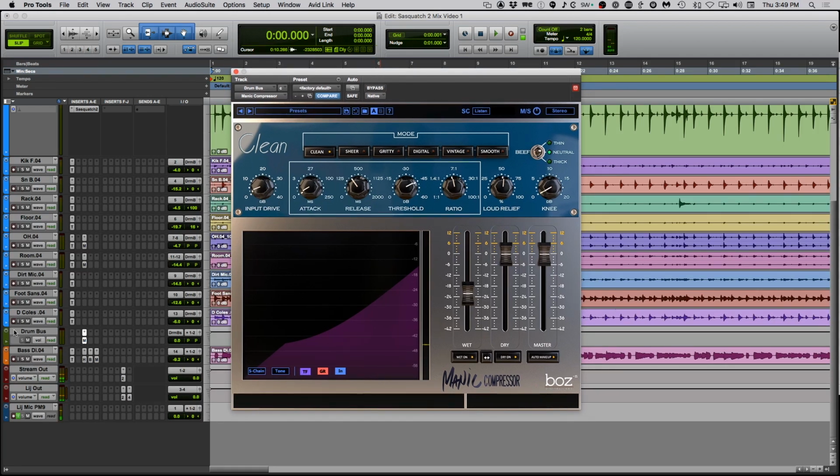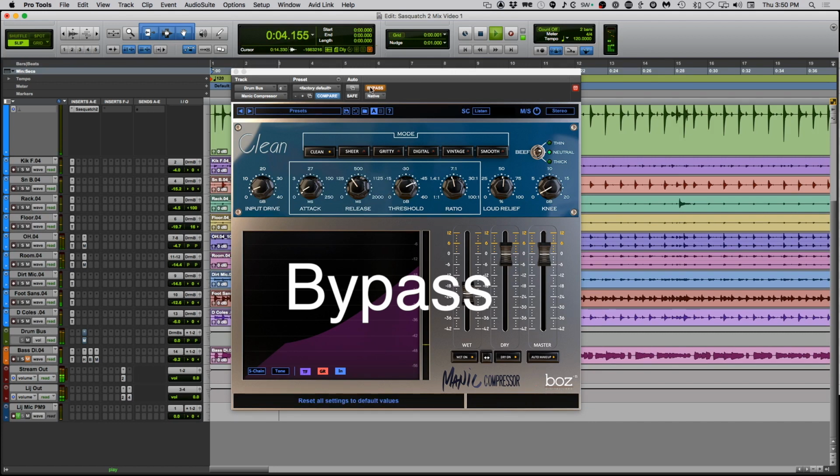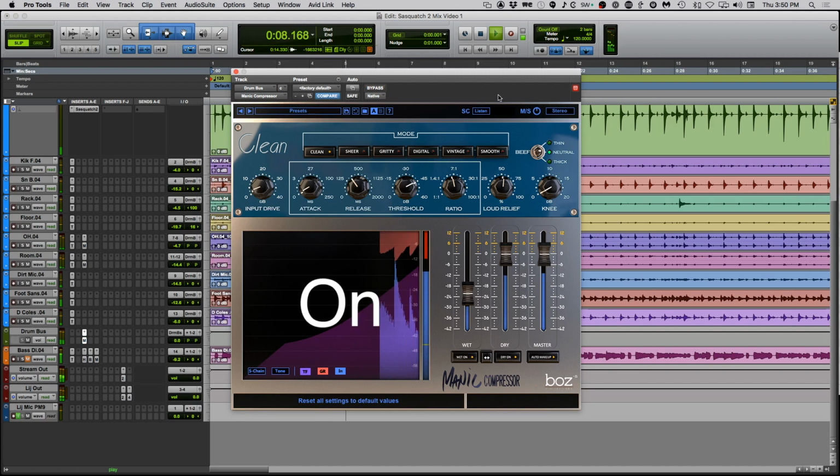All right, next up is the drum bus. Now, Manic Compressor does a cool thing. It allows you to use parallel compression on faders inside the plugin. So here is bypass, and this is just the drum bus coming through, all the drums coming through the drum bus with no additional compression on them. Now if I add the compressor,